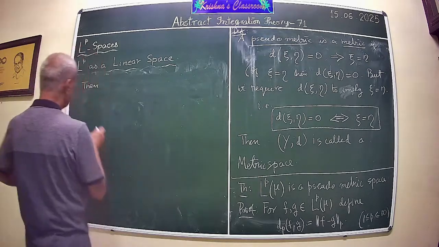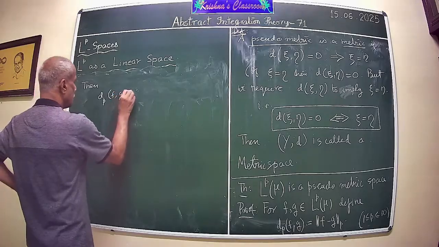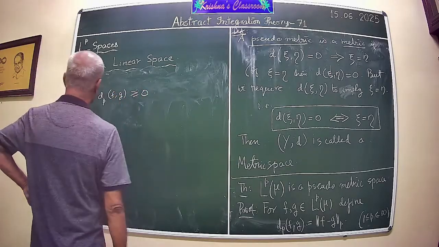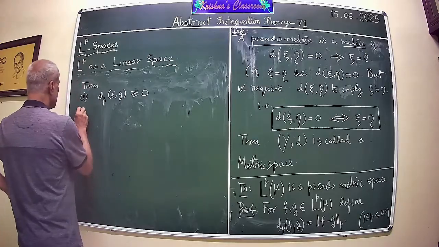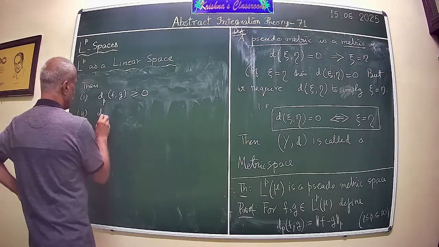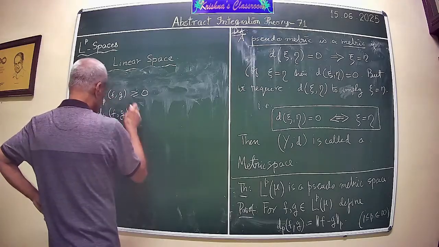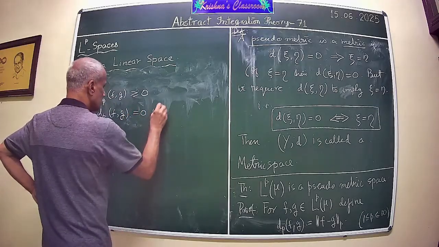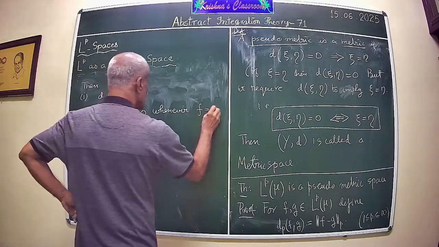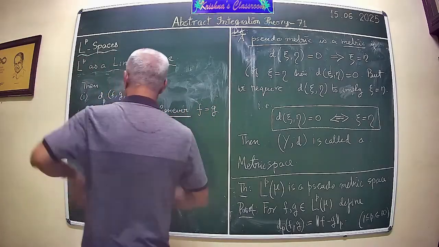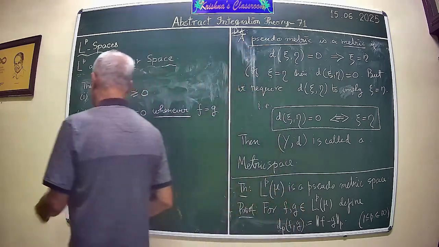Then d_p(f, g) is 0 whenever f is g. Okay. Now the third property is